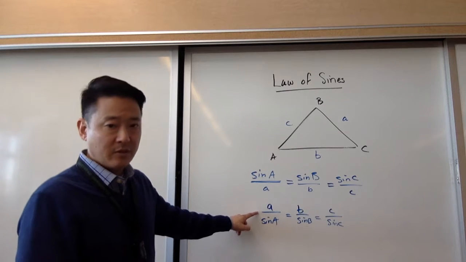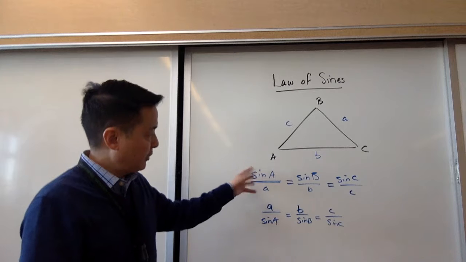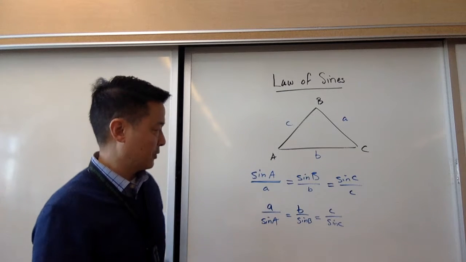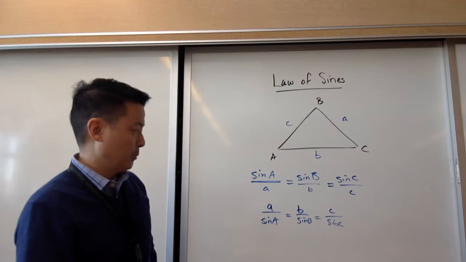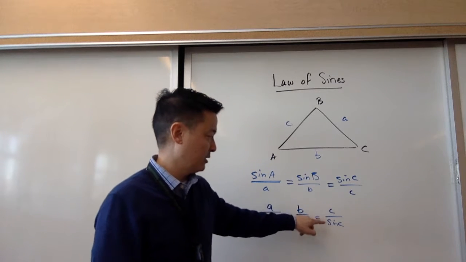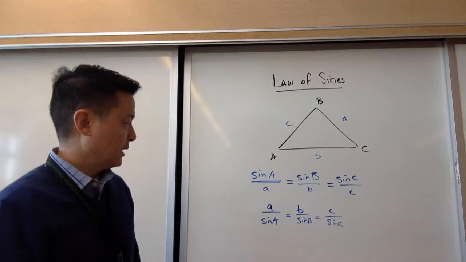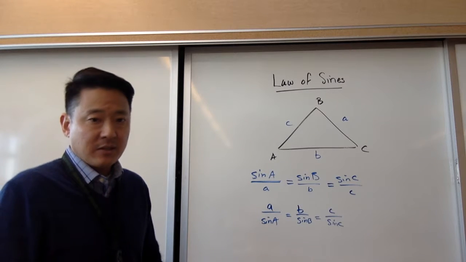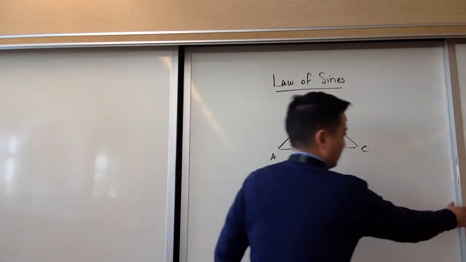We also know, because of the reciprocal rule, that we can flip these. The reciprocals of these ratios also form proportions. So a over sine A is equal to b over sine B is equal to c over sine C. So the question is, how do we apply this to problems? So here's an example